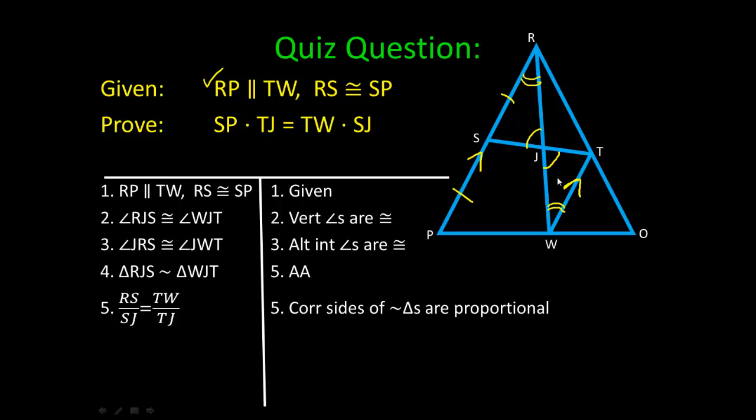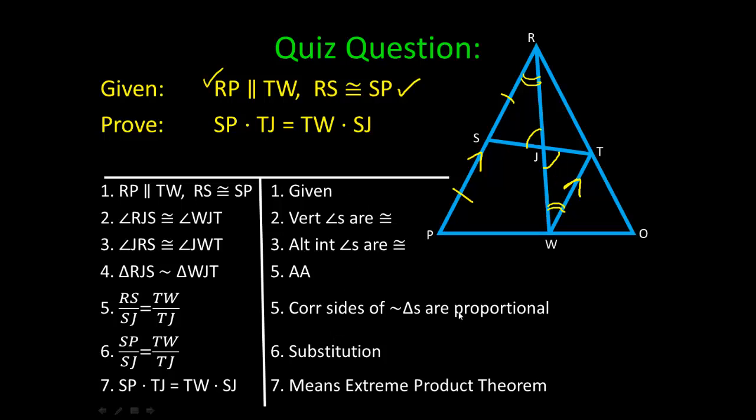Even if the triangles are different sizes, the proportion of this to this and this to this is equal. The proportions are equal, and that's because corresponding sides of similar triangles are proportional. And then we can use this right here and substitution and say, well, not RS, let's use SP this time. SP is proportional to SJ, and that proportionality is equal to TW over TJ. Okay, now we've got our proportion,